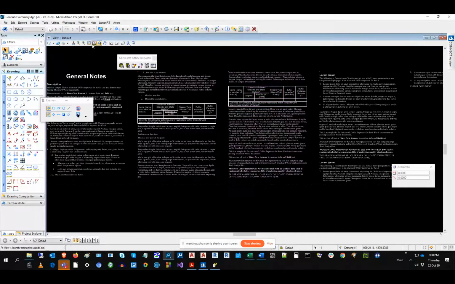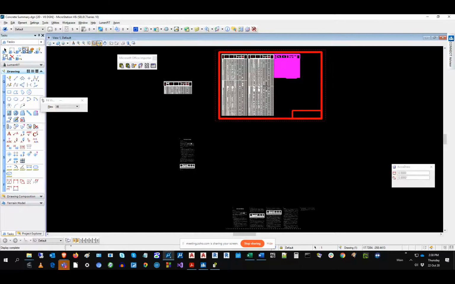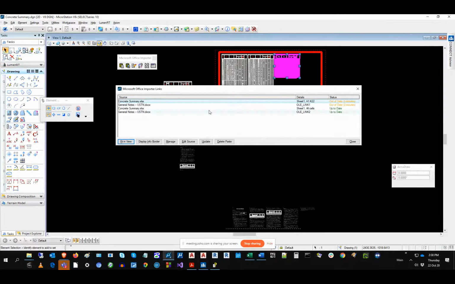All right, so that was splitting paste into columns and some of the things related to that. And now I'm going to go into this button here, which is the list of links dialog box. I was here earlier to show you the displaying the info border data related to the first paste I did, so we could then see a little bit of the data that was stored in it from the construction element. But now here I've got a number of different pastes, and so this dialog box lists all